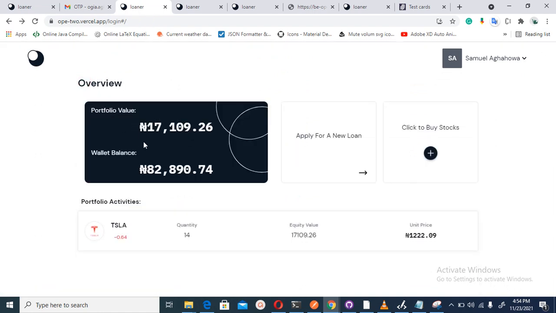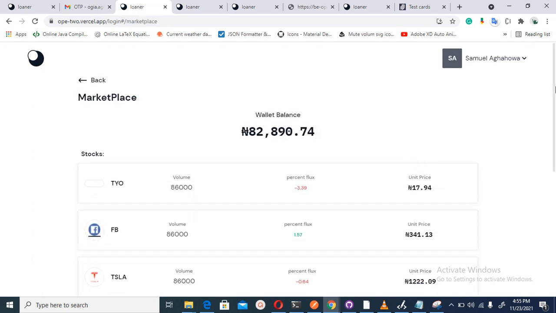And if you come here, you see that the portfolio value has increased. Now you're still seeing the same Tesla as one piece, but the equity value of Tesla has increased because it is the same Tesla. So what just happened is the equity value increases, and the quantity that he has of it also increases. All right, so if you were to buy another share,